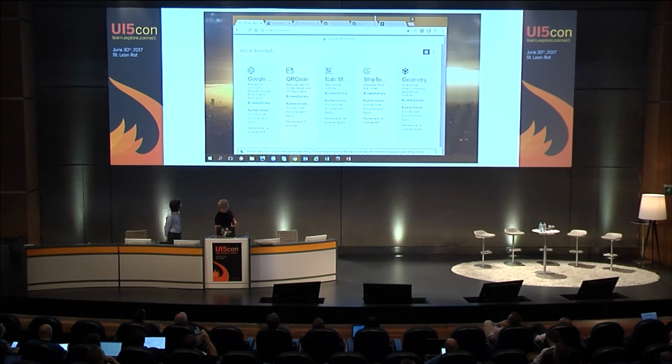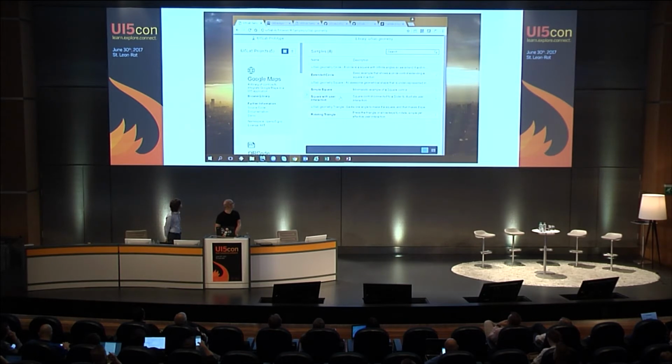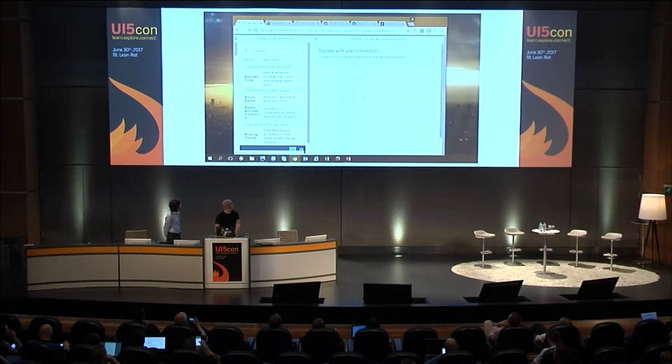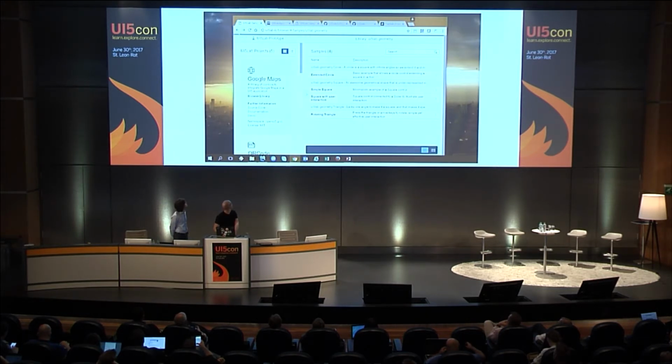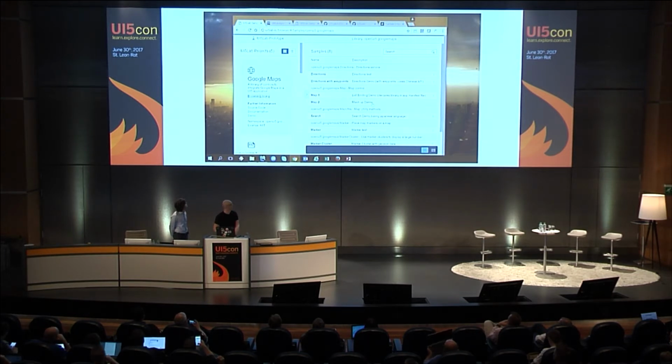We also have some others. We have created an example library here called the geometry library. It's very simple. It's just showing that it's possible to do some custom sampling here. So for example, here this is also a custom control that we ship as an example for this project. But we have also more sophisticated stuff in here, like for example a Google Maps integration wrapped into a UI5